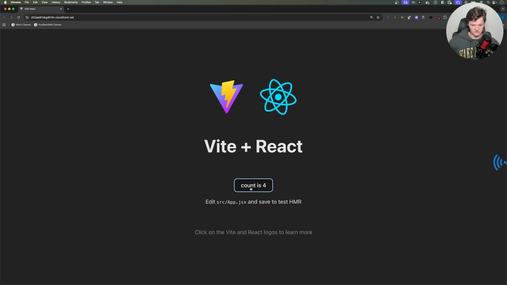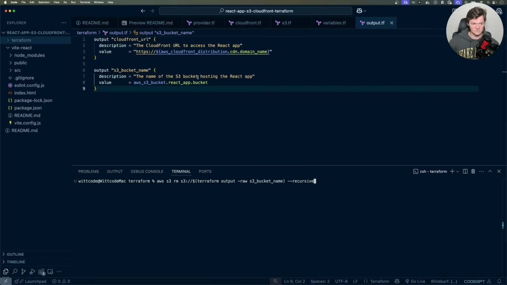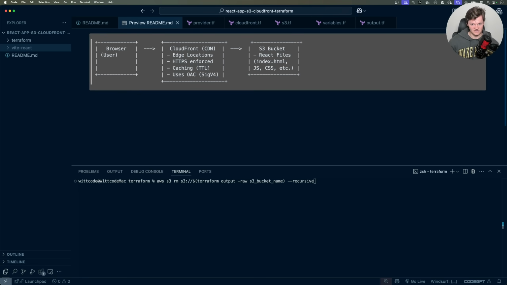So for example, the JavaScript makes this count button go. And we're going to be building all of this, including the React app, completely from scratch. So this is just an example of what we're going to be building. This is all our Terraform code in here. This is our React code in here. And I'm going to go over things like a little bit of a preview of what an origin is, CloudFront,